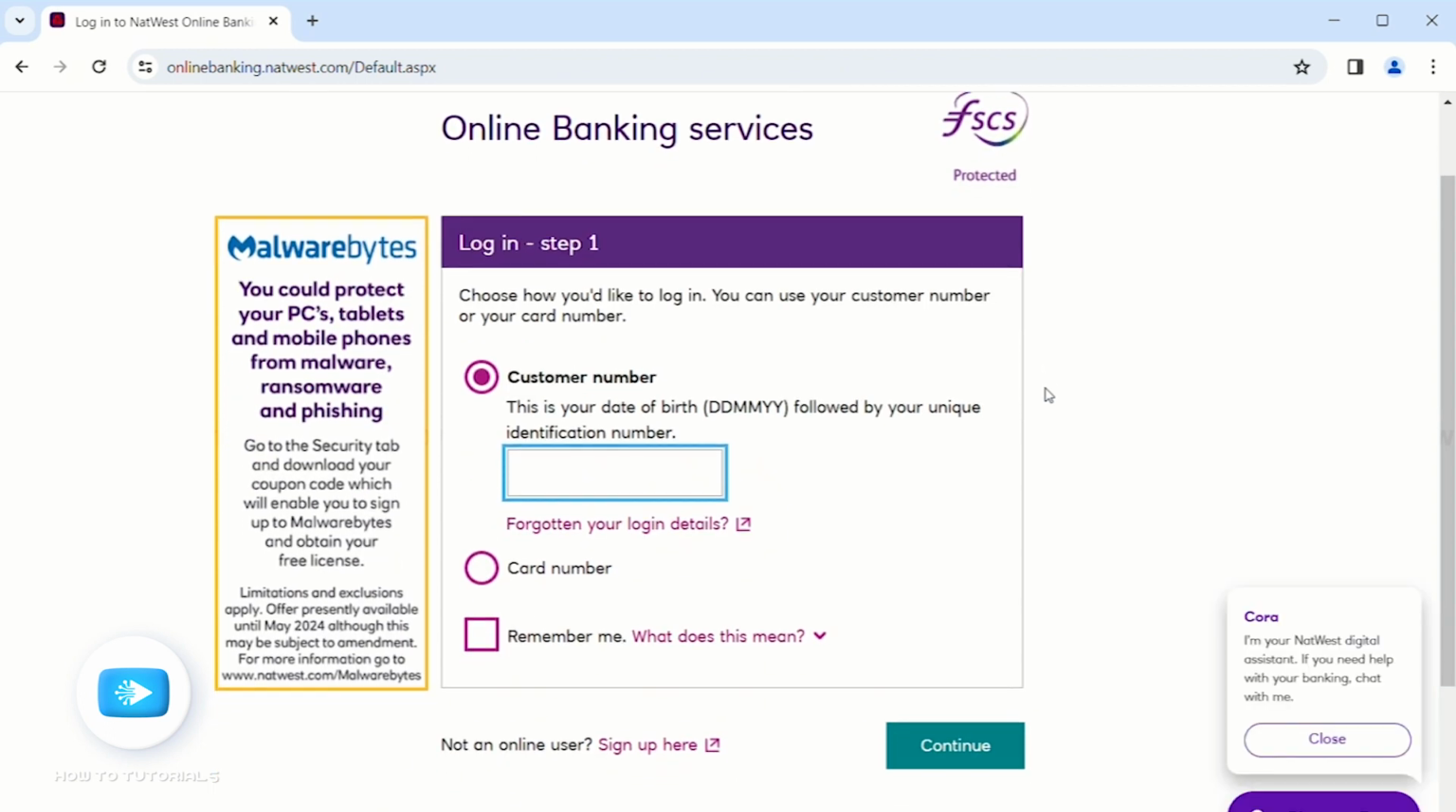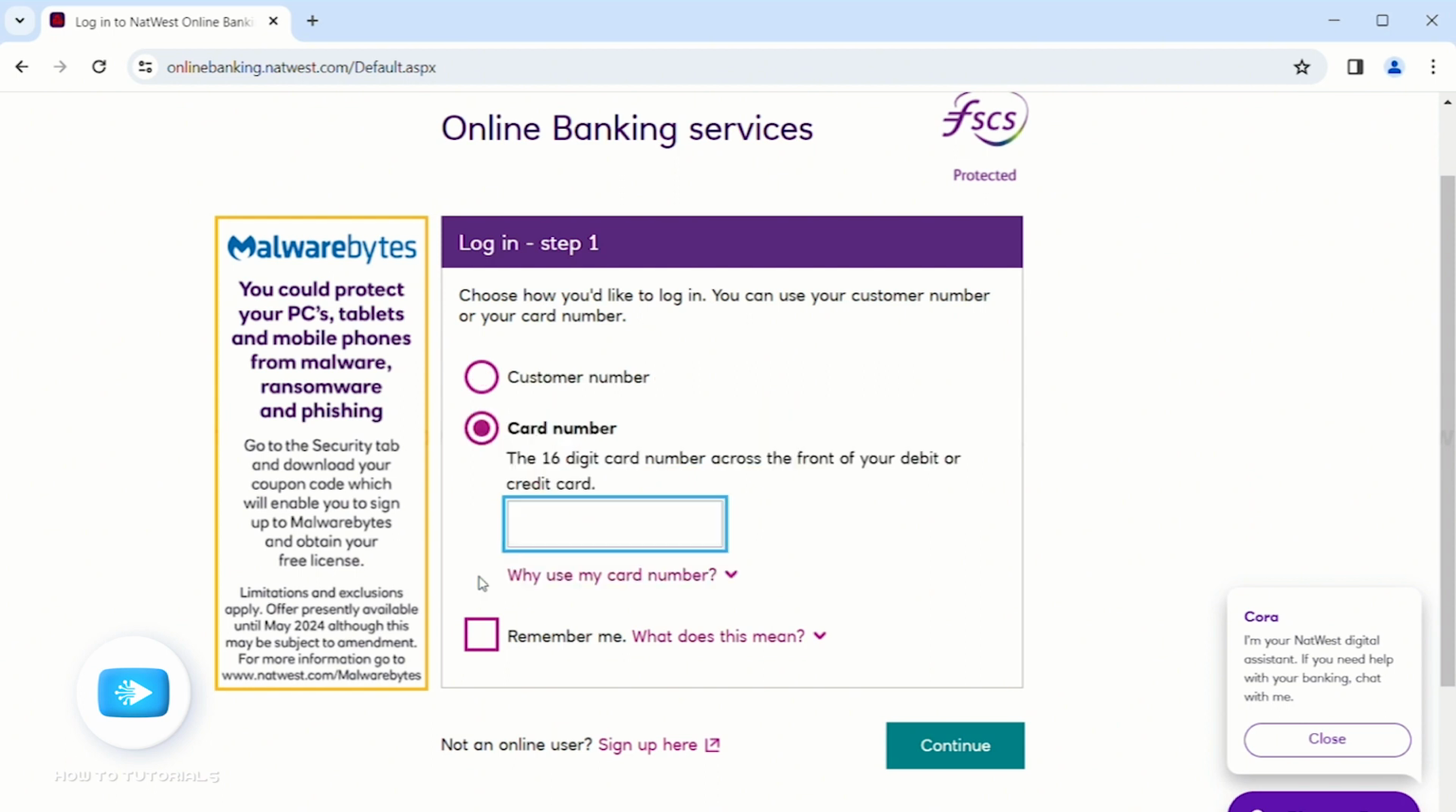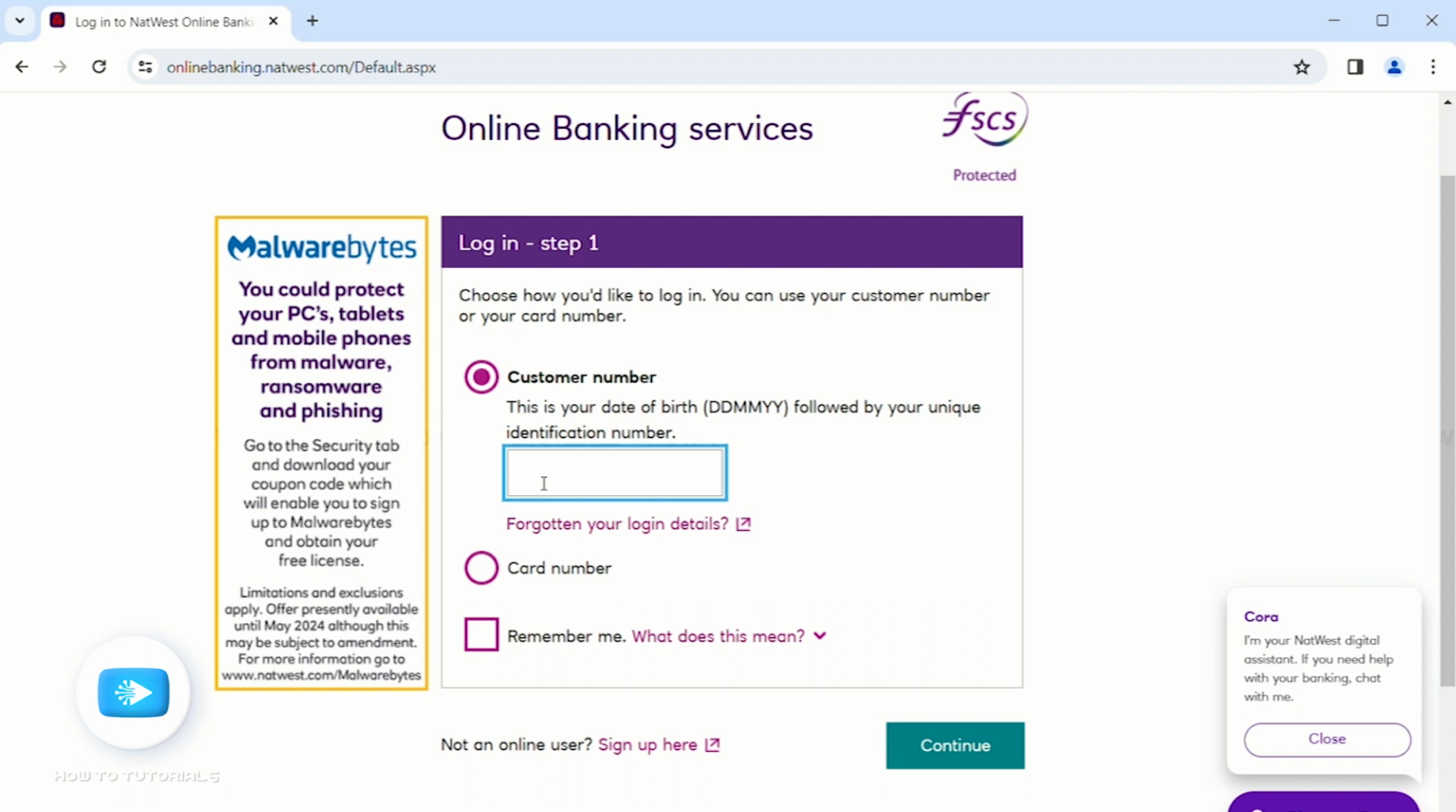You can log into your NatWest Bank online banking account by two ways, either by entering your customer number or your card number. If you choose the card number option, you'll have to enter the 16-digit card number across the front of your debit or credit card. But here I'm going to log in using my customer number, which is your date of birth followed by your